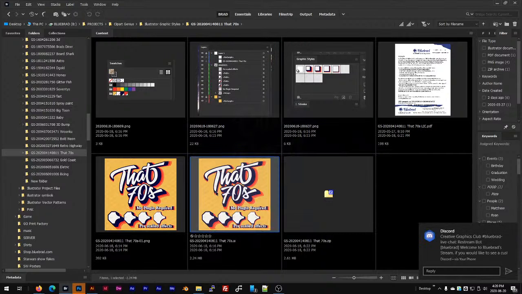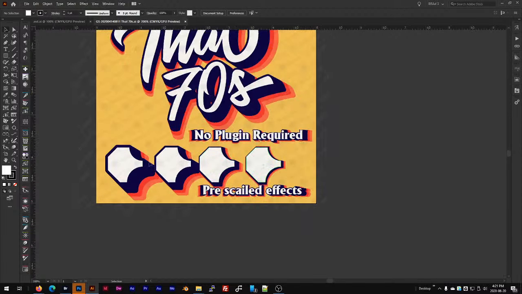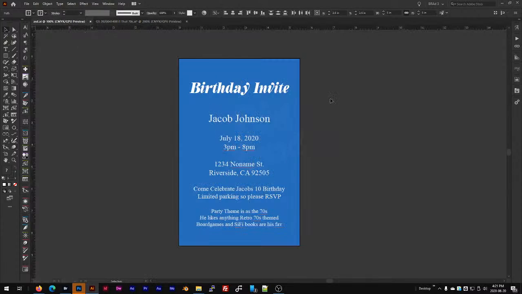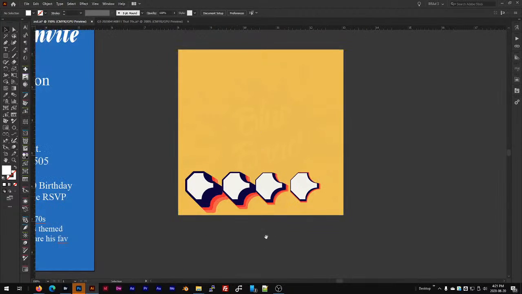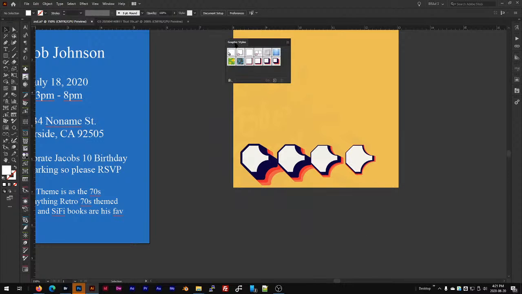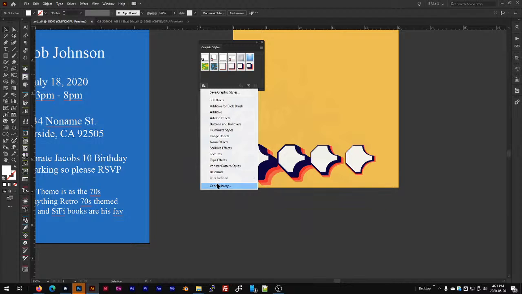But inside these documents, I had pre-made these shapes down here so that when you're working on a project, the simplest and easiest way to do it is to open up the Illustrator document that the graphic styles is in, grab the background and those elements, copy them, and then come over to my document and paste them in. The other way you can do this is you can go to the other library,